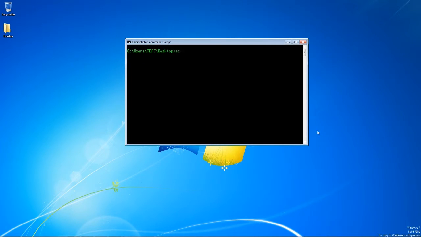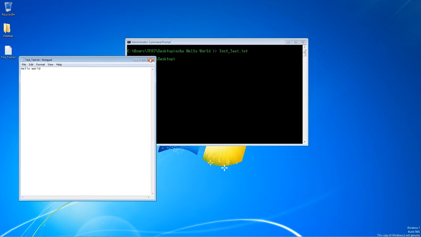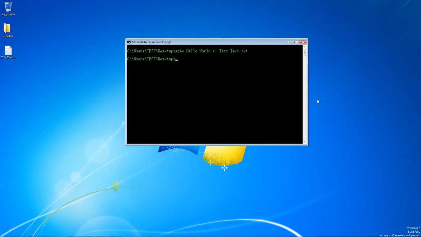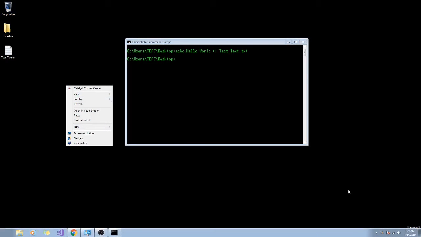Now, let's create a file again. World. And test text.txt. Alright, we have our thing here. Now we want to copy it to a folder. So I'm going to create,